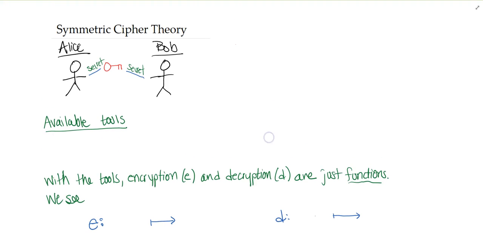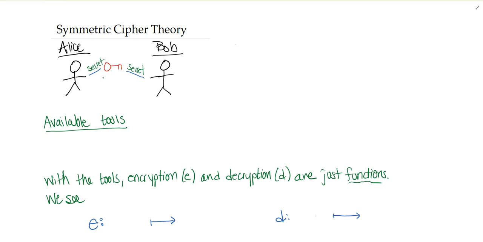We are going to return to cryptography now and discuss symmetric ciphers. We've actually seen some of these already, and so this is the idea that between two people who want to send messages to each other, we call them Alice and Bob, as we so often do in cryptology. And what we know is that Alice and Bob share a secret key that they use to encrypt and decrypt